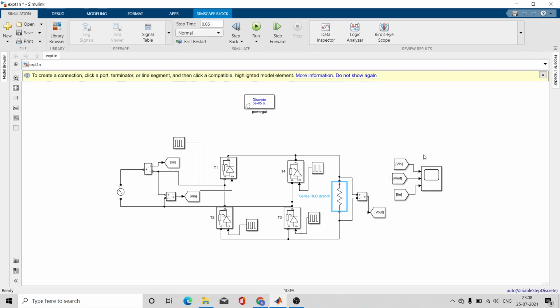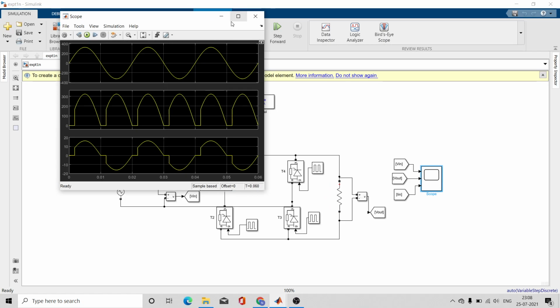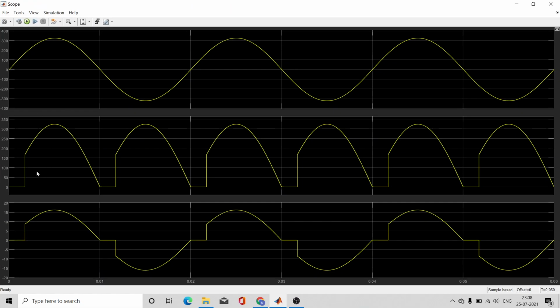Okay, let me save it and run it. Yeah, you can see over here that I'm getting output after 30 degrees at each half cycle. If I change the firing angle, I get a different output. You can try at your end also. So input voltage, output voltage.